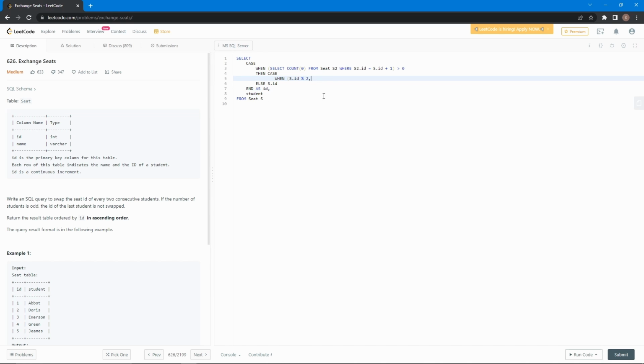But in here, so when that's the case, then case when S.id modulus 2 equal to 1, then S.id plus 1, else S.id minus 1, and